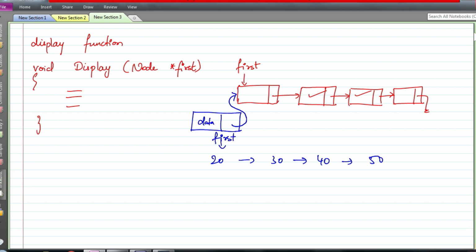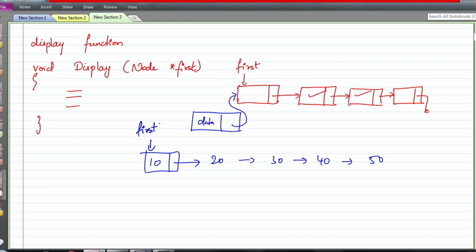Now if I want to insert an element 10, which is before 20, then first I'll create memory to store this 10. Then there is a next pointer in this node, which I will copy whatever is there in first. First contains the address of 20, right? That address I'll copy here. So 10's next will also contain the address of 20, and then I need to change first, because only through the first pointer will I know what the first element is. So then we need to readjust the first pointer. So that's the whole procedure.